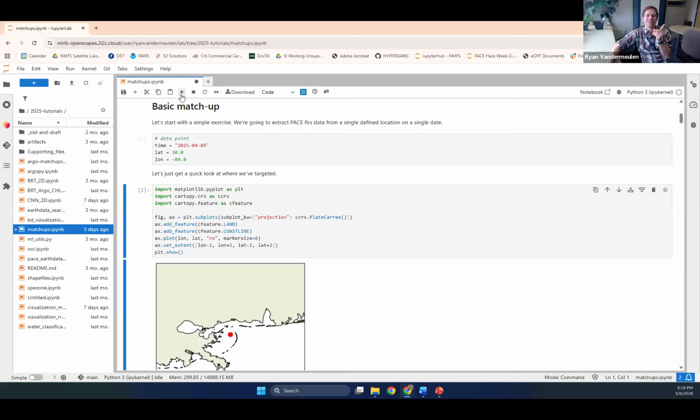We figured out how this is pronounced, Eli. Is it Cartopy? I always wanted to say Cartopy, but the Cartopy